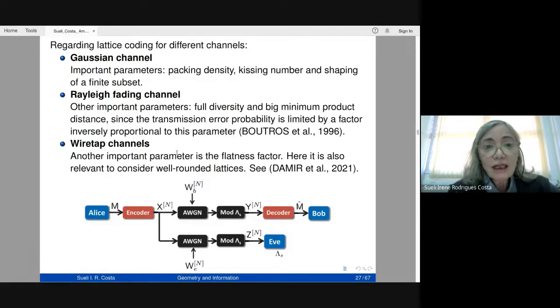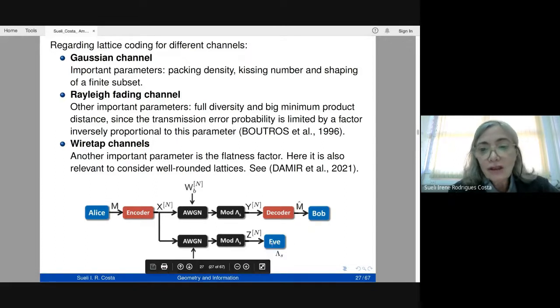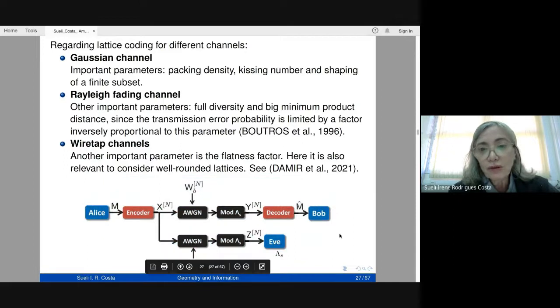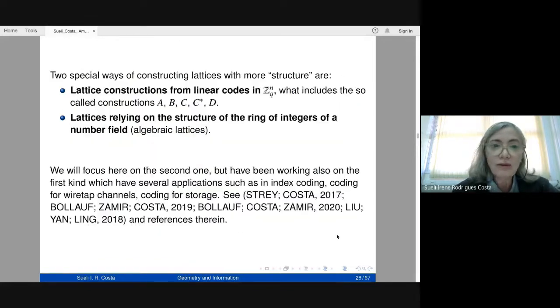Wiretap channels are a kind of channel where we intend both reliability of transmission from Alice to Bob, and of course security, regardless of some intruder like Eve here. So we have to organize to get both. So, usually we have to use two different lattices in this kind of procedure, right? Usually we have two kinds,